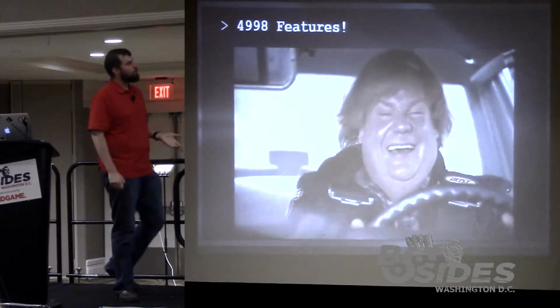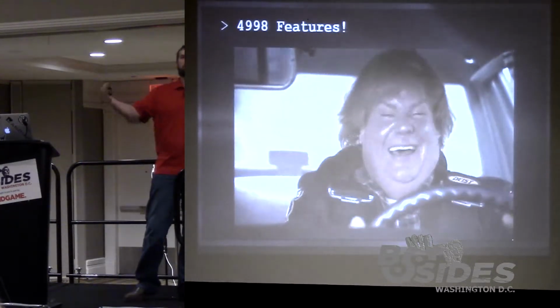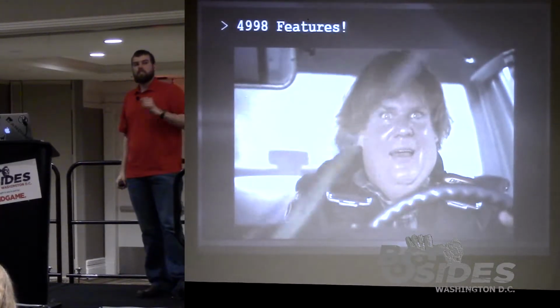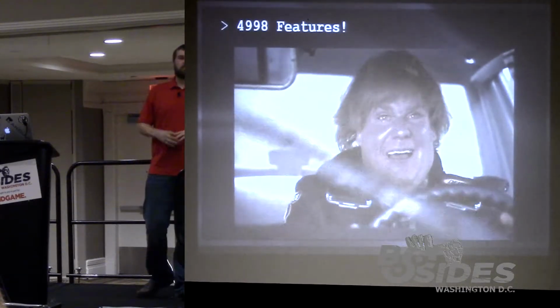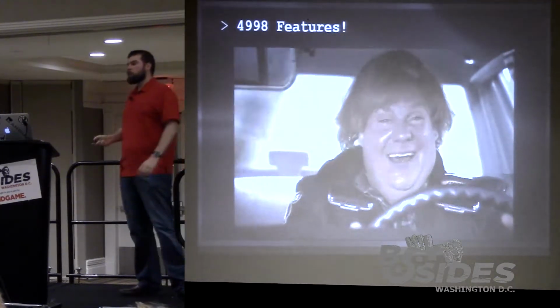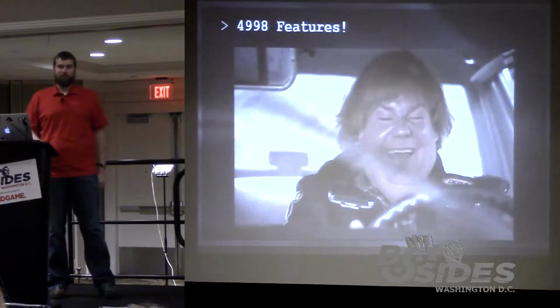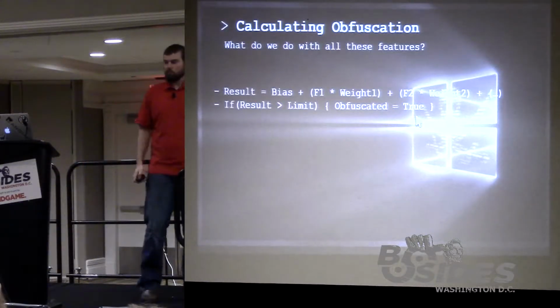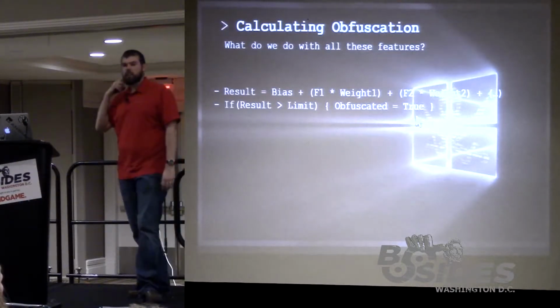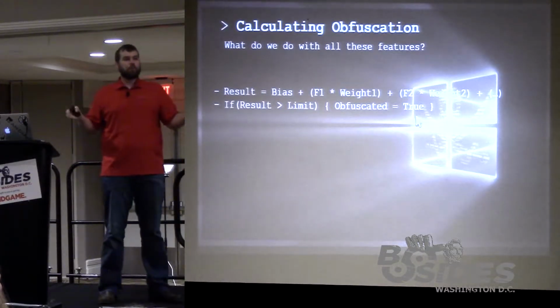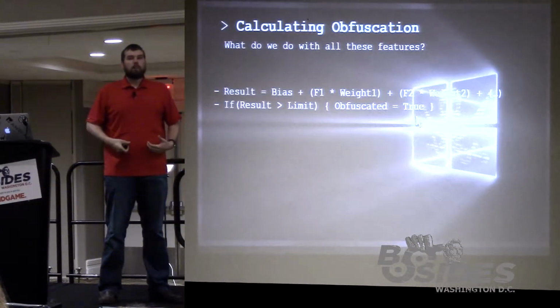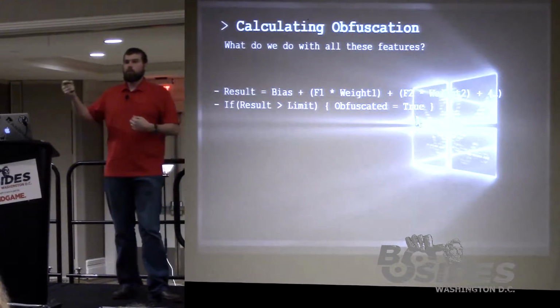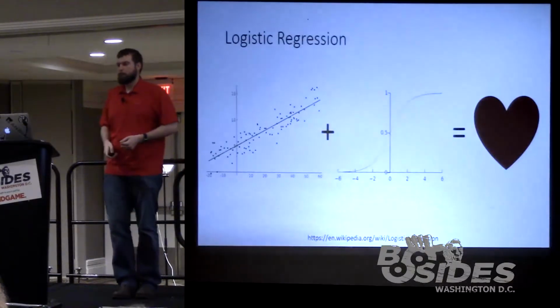And so we were really excited about this, and spent a lot of time getting as many features as we possibly could. Never once did we say this feature is bad or this feature isn't. We just said, I just want the data. But then we realized, crap, what are we going to do with 5,000 features? How do we actually make meaningful use of this data? So basically, of these 5,000 features, some matter a lot more than others. And instead of us going through and figuring out which one matters more than the other, we used